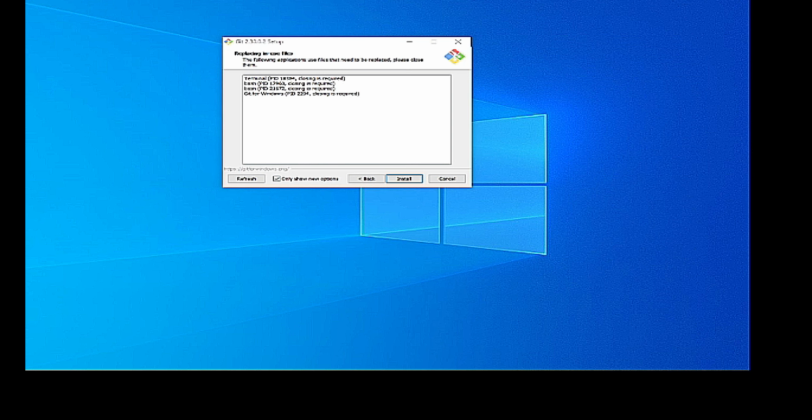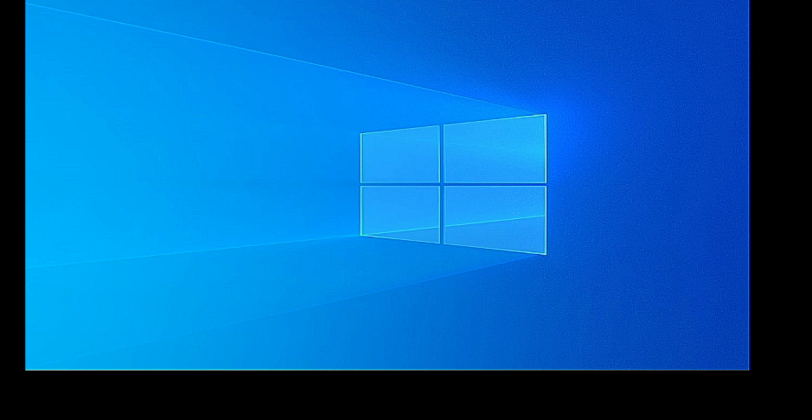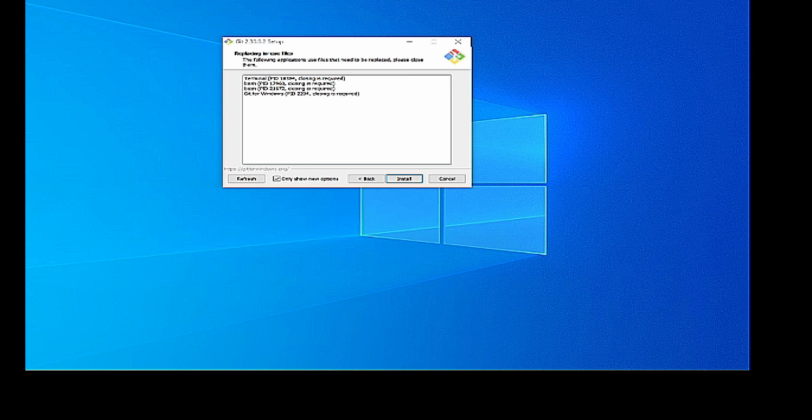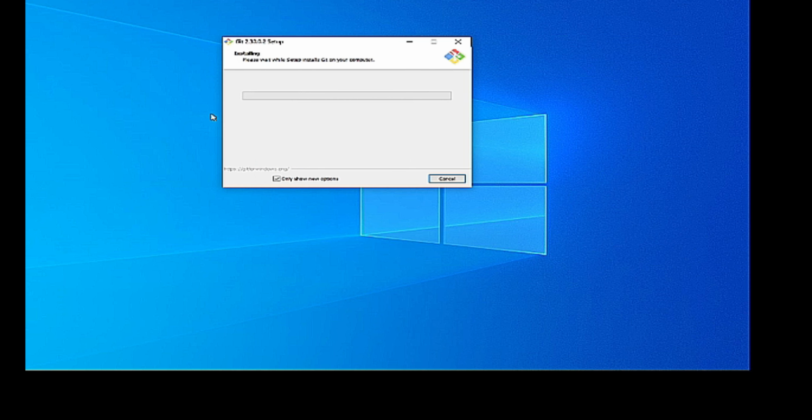Aha. Close a window. So the issue right now is I have a window open. So if I close that, and now if I install this,